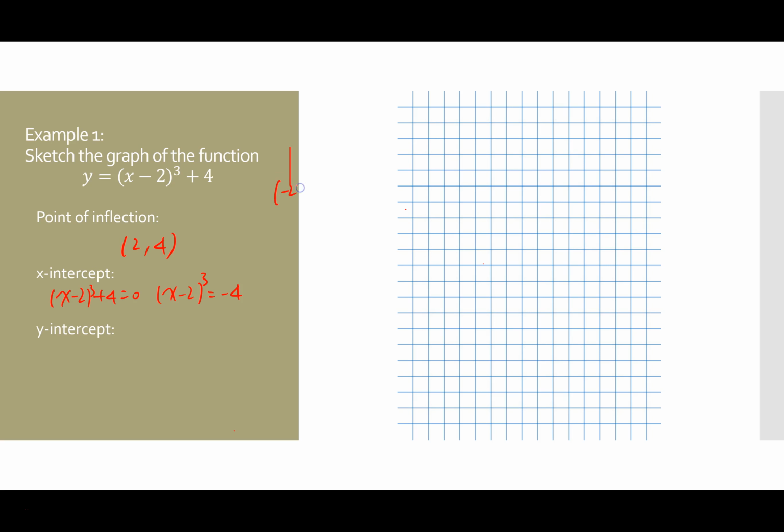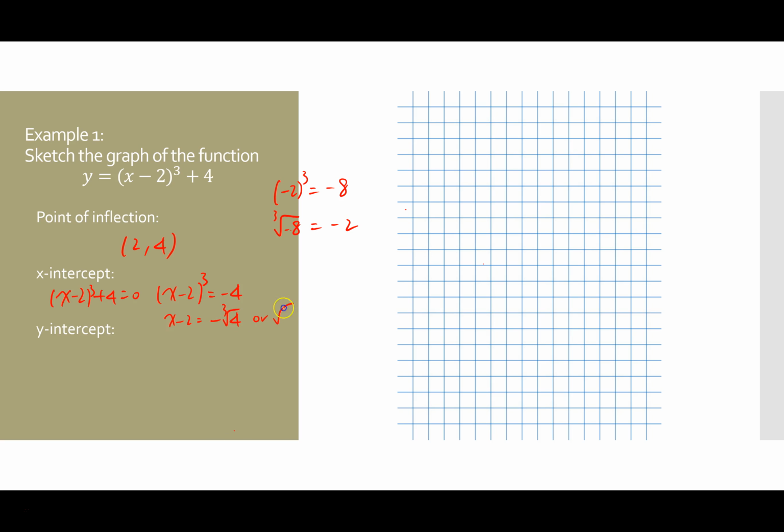Think about the case where negative 2 to the power 3 is equal to negative 8. So the cube root of negative 8 gives you negative 2. Therefore x - 2 is equal to negative cube root 4,